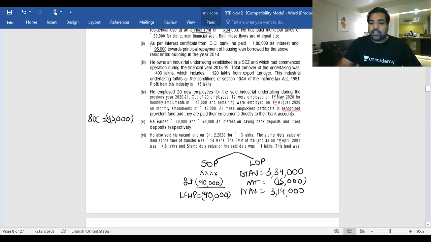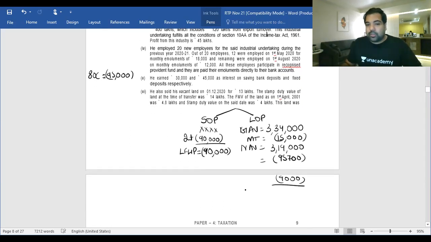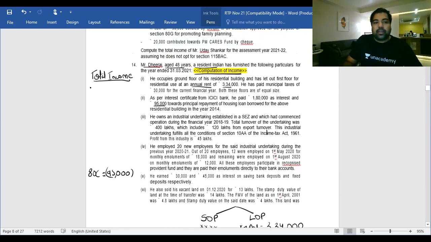From that, you know there is a 30% flat deduction. So that gives you 95,700. And the interest of 90,000, that also you will minus. So from 3,19,000, you minus 95,700 and you also minus 90,000. So that gives you 1,33,300. So that is your profit or income from house property, 1,33,300. This is a profit, this is a loss. You can set it off. Minus 90,000 will give you 43,300, and that is what I'm going to write here. Income from house property, 43,300.